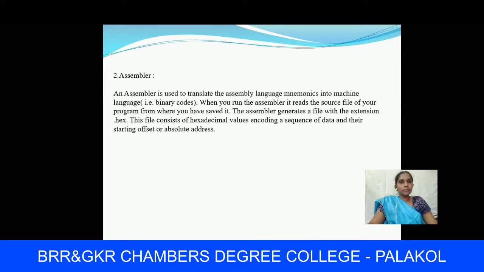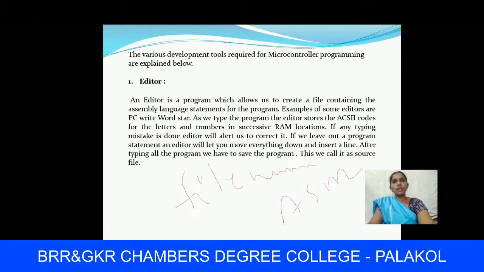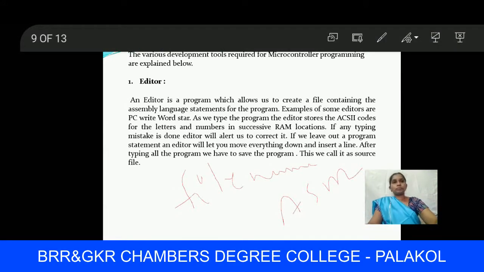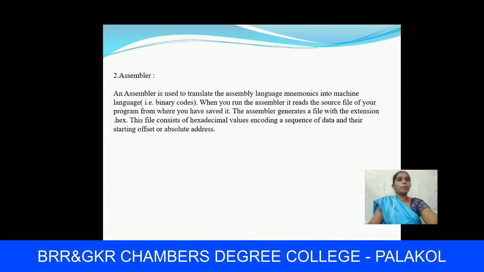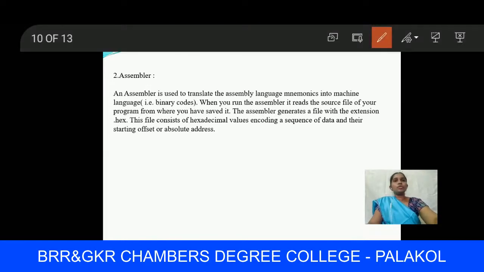For example, in microprocessors we use programs like MOV A, B. This is assembly language, and the assembler converts this assembly language into machine level language.